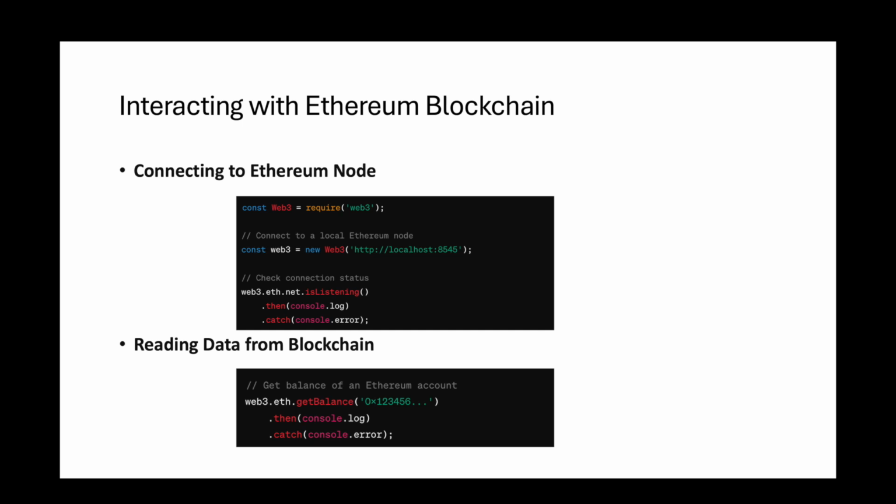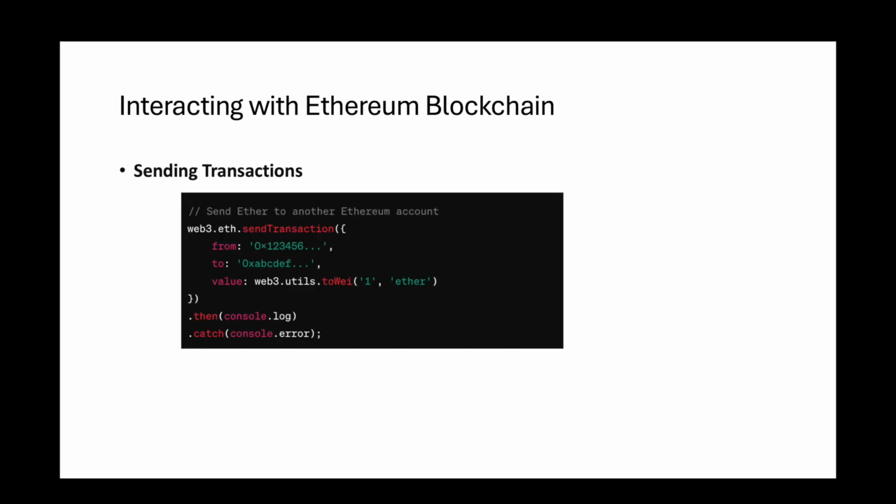Reading data from blockchain. Web3.js provides APIs for reading data from the Ethereum blockchain, such as account balances, transaction details, and smart contract state. Example code. // Get balance of an Ethereum account. web3.eth.getBalance('0x123456').then(console.log).catch(console.error);